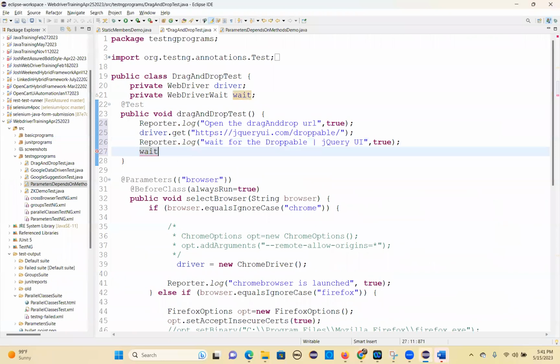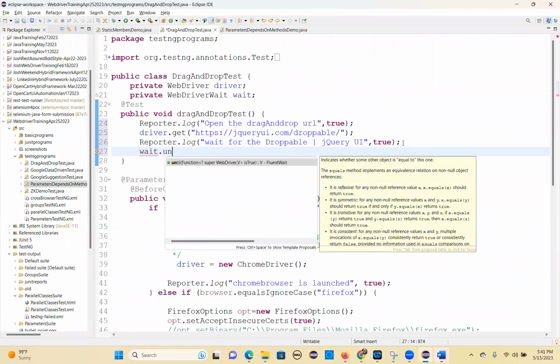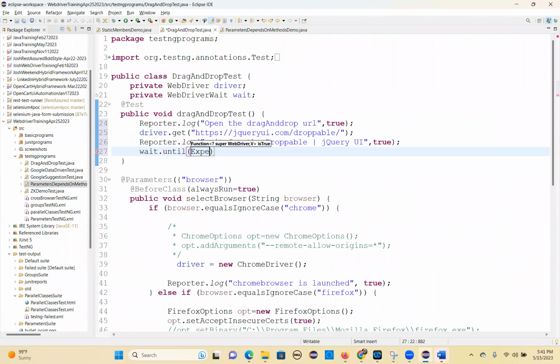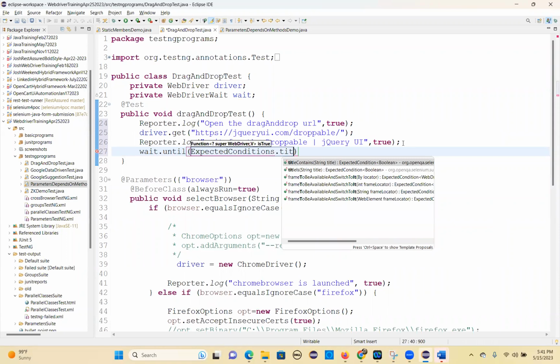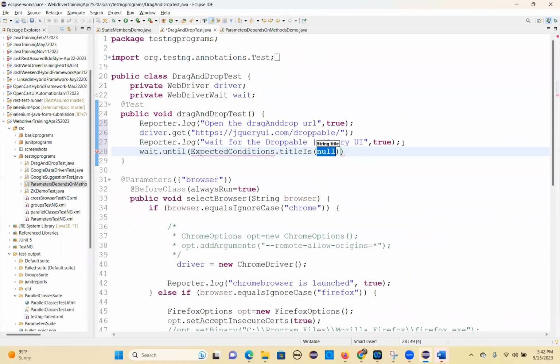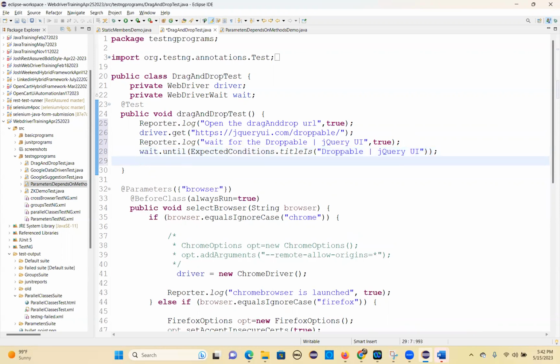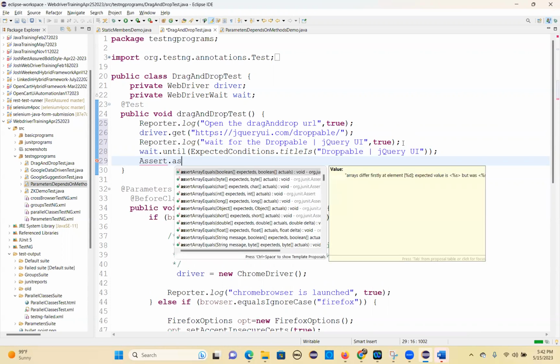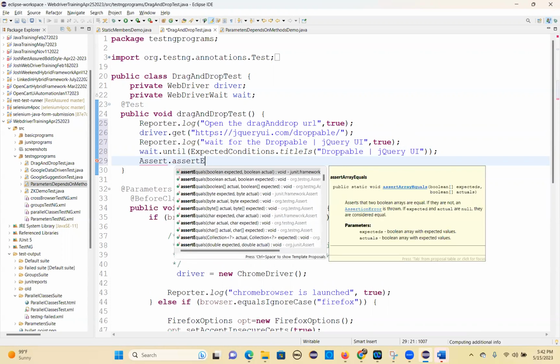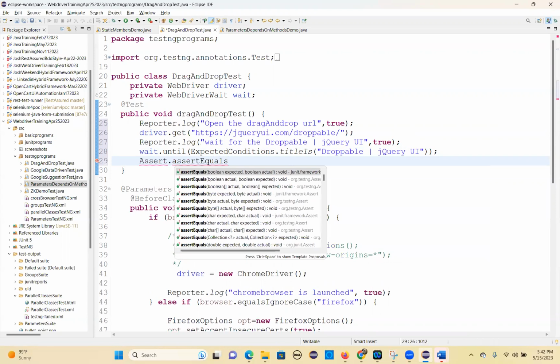What is the command? WebDriverWait until ExpectedConditions, titleContains. So Assert.assertEquals driver dot